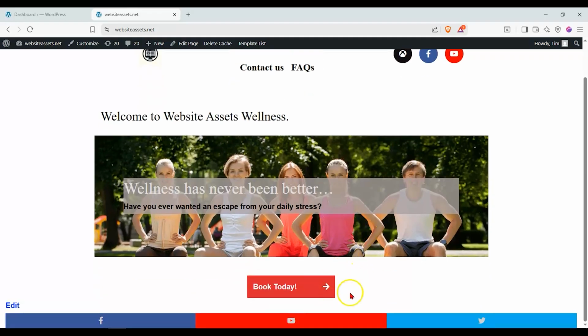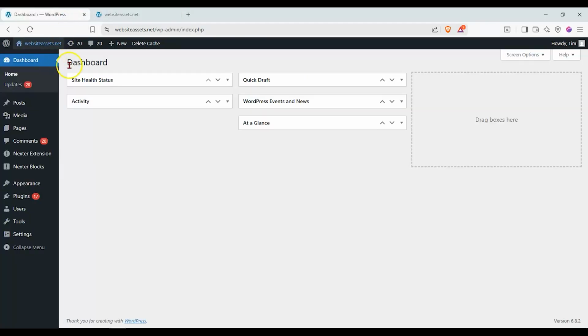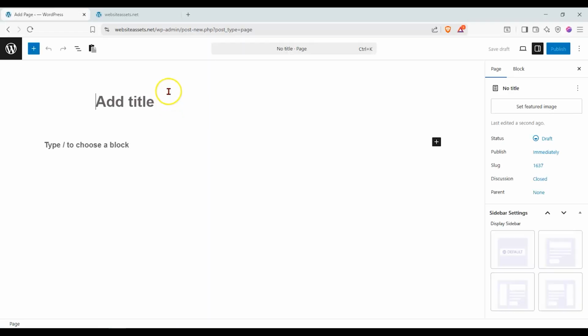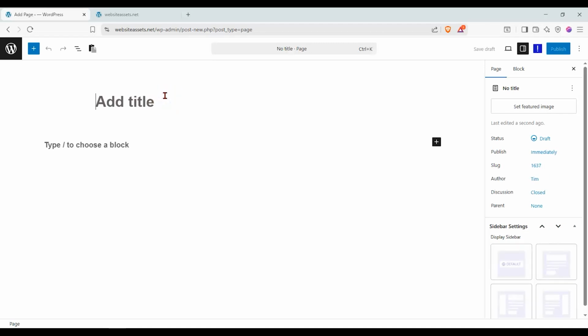We'll put a button over here that says, see what our other customers have to say. Let's go ahead and make that page right now on our dashboard. Let's go under pages and click on add new page. And over here, let's go ahead and give it a name just to keep things organized. Let's call this